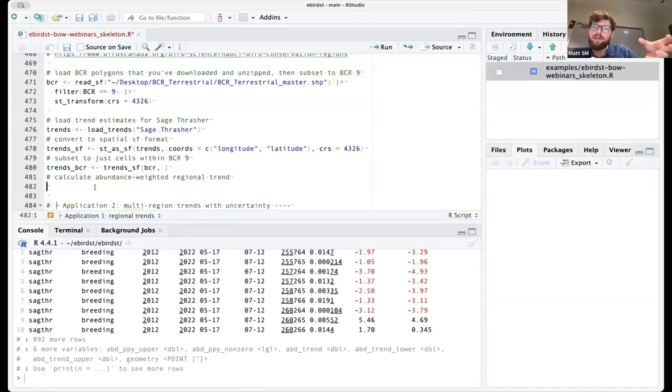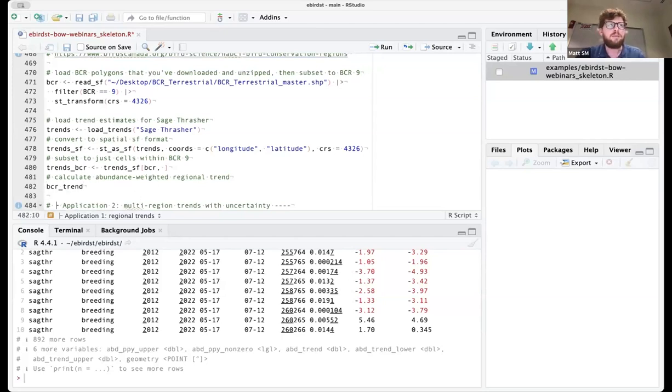So we have to weight the trend by the abundance. Rather than just taking a straight mean, we're going to take a weighted mean. That's exactly why, when you call the load trends function, it gives you the abundance as well as the trend, for exactly that purpose.